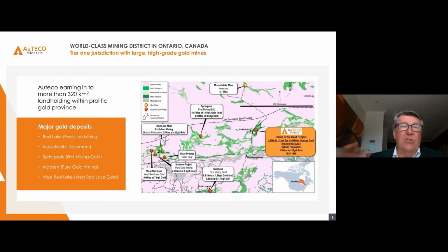This next slide shows you our neighbours. Really important to understand where we are at a new and improved area of 490 square kilometres. But you can see to the north, you've got the Musselwhite project with Newmont. You can see over to our west, we have Red Lake, which is owned by Evolution, Springpole, which is owned